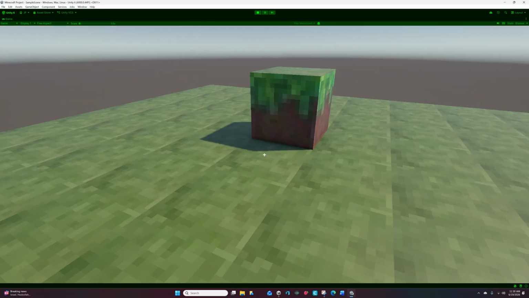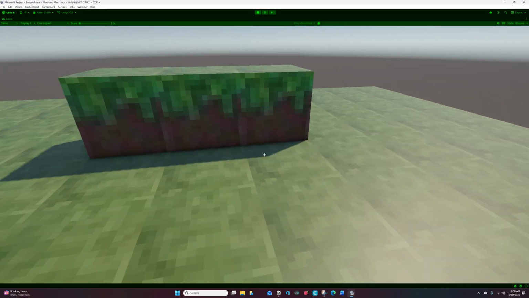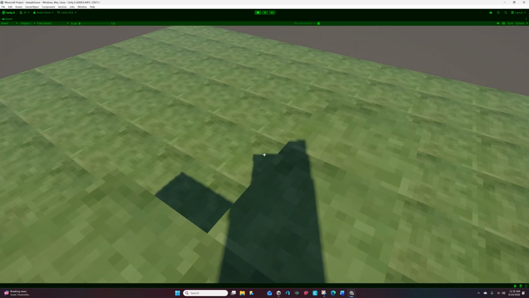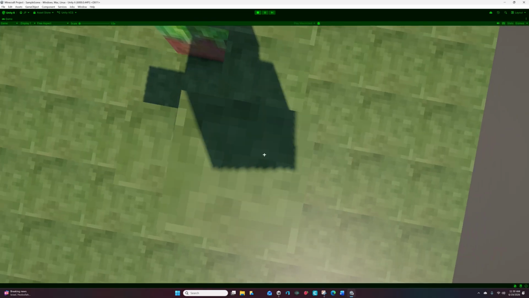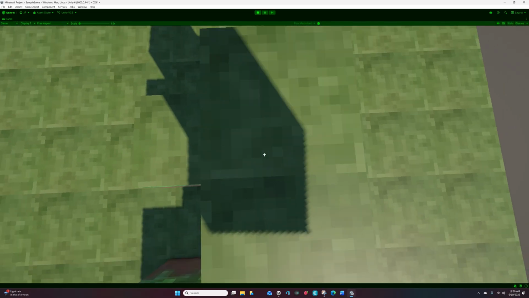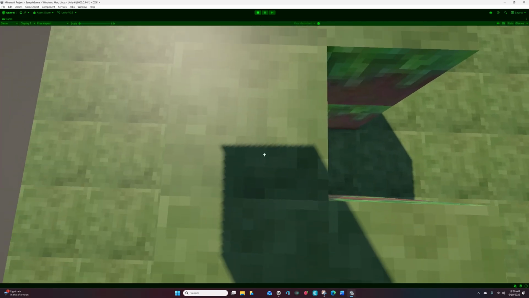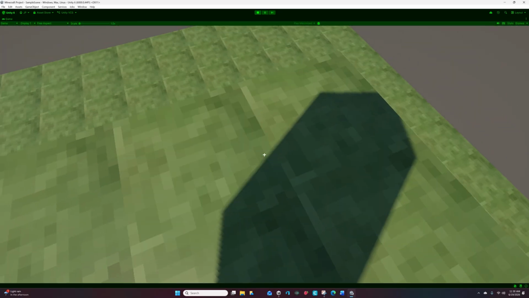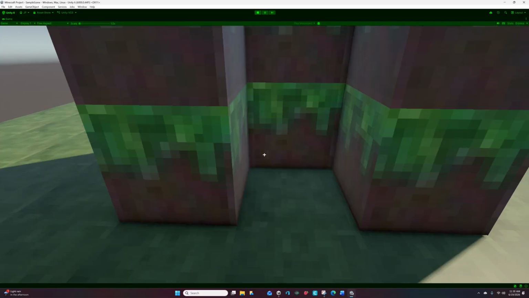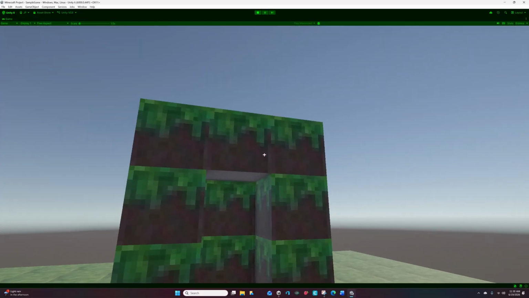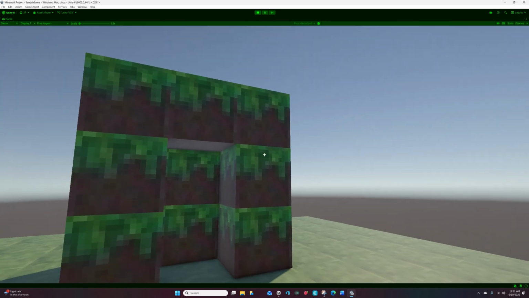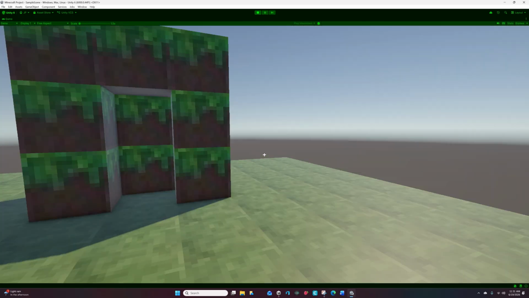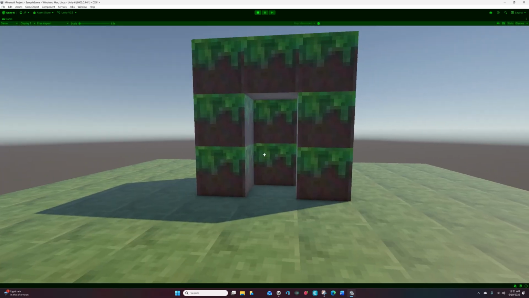Okay, so last time we made this awesome system for placing blocks, which works great for what I've done. The problem is now it's not very specific, I guess. So the block placing mechanics aren't particularly great. It always places the same block, and there's no count for how many blocks you can place, and all that stuff. So I think today what I'm going to do is improve the block placement mechanics